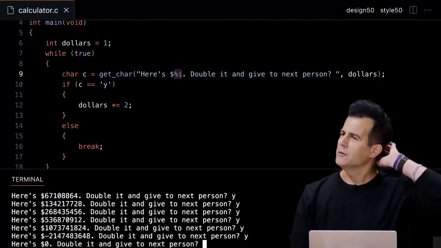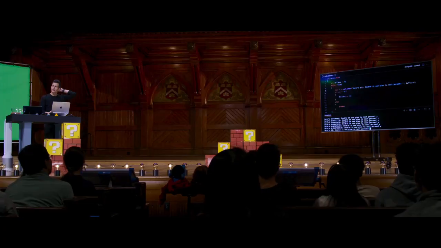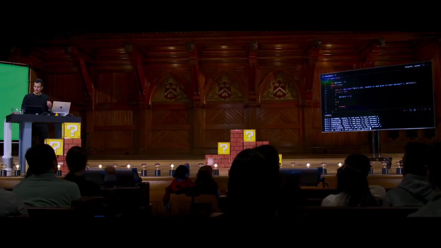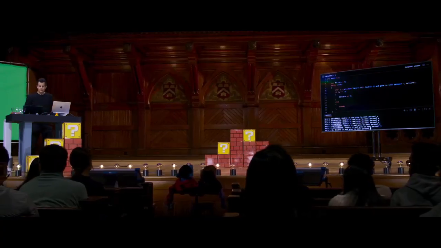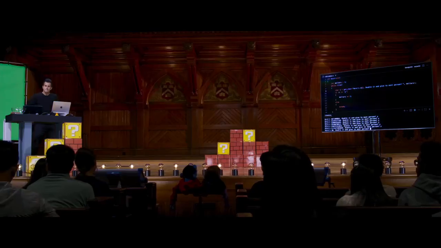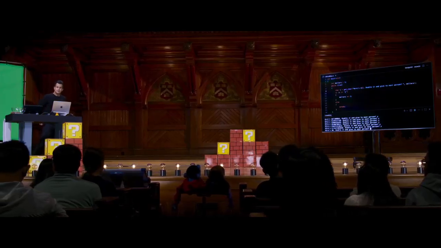That's a lot. Too far. That does not happen in the memes. What happened here? What's going on? Yeah, what do you think? Exactly. Good intuition. Because the computer only has a finite number of bits allocated to each integer, I hypothesized earlier